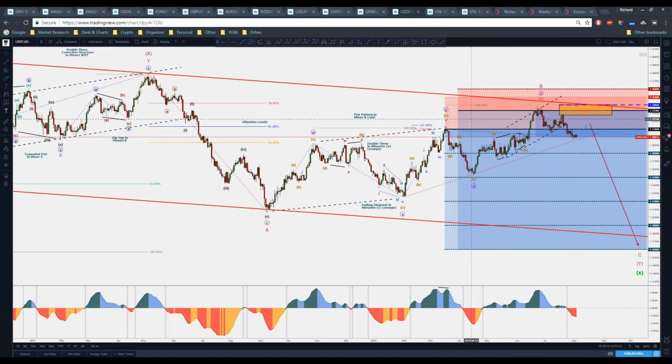It doesn't change the structure, it only delays it. It's also seen as a B wave. Even if it goes up here now, I would also see it as a B wave. Not to mention that it's going to have, in my personal opinion, a proper bearish divergence. But if it breaks on the downside, it could become bearish.